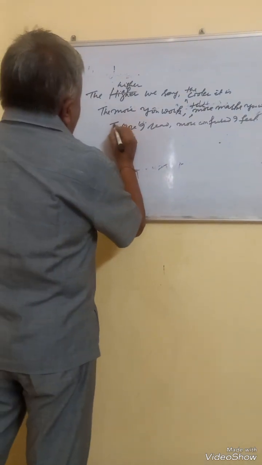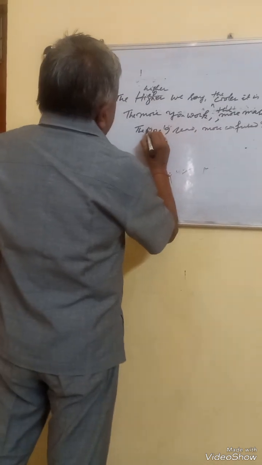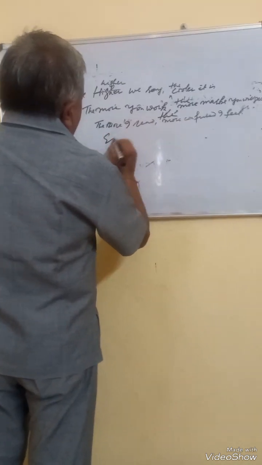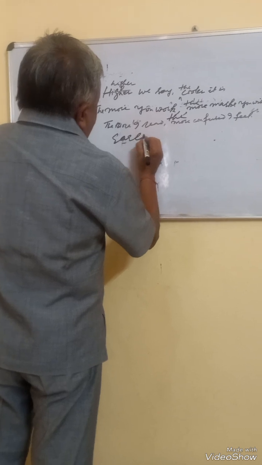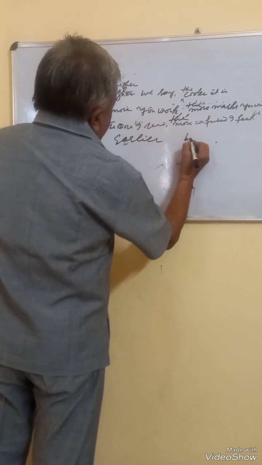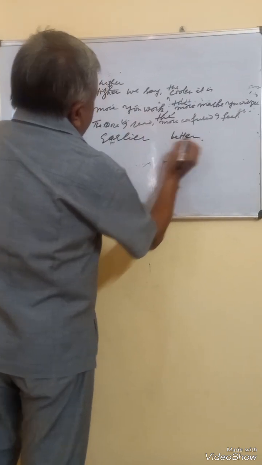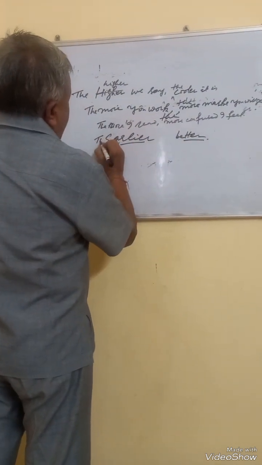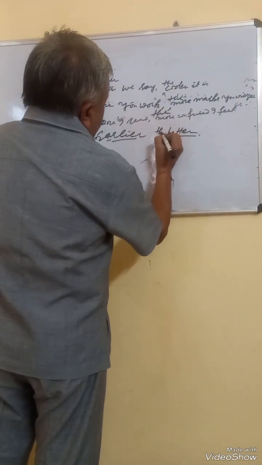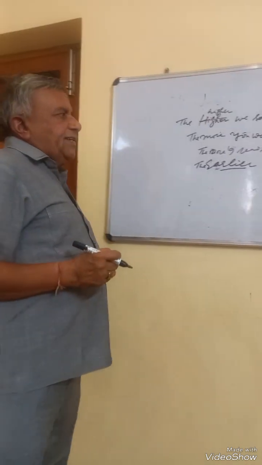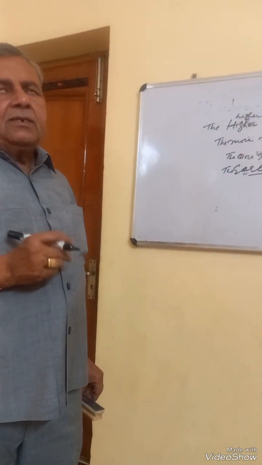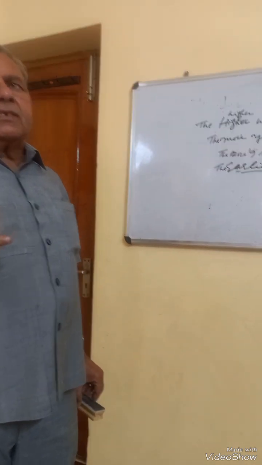The more I read, the more confused I feel. Earlier better. So these are two comparative degrees. The earlier, the better. So in this way, sometimes the has to be used before comparative degree, though in most of the cases, the is